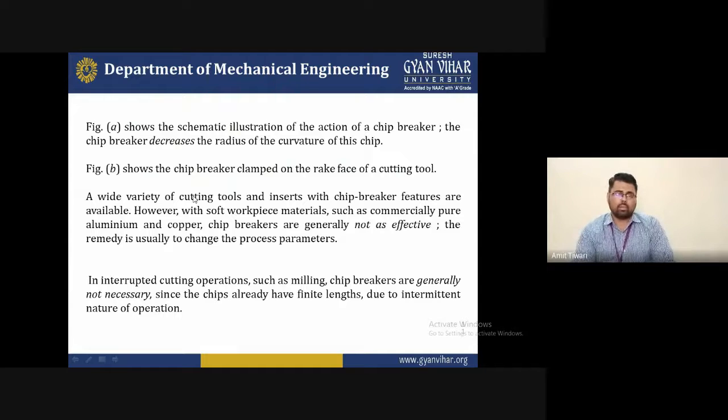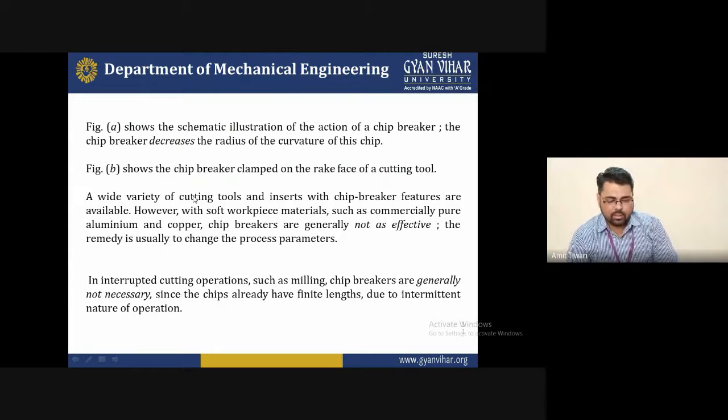If we use aluminum or copper as the work material, there is no requirement for a chip breaker, because tool wear on the surface is not much affected. If we change the tool parameters, increasing or decreasing each cutting parameter, the material is removed easily from the surface of aluminum and copper, providing good machinability and a good surface finish on the product. So these are all the things that happen.